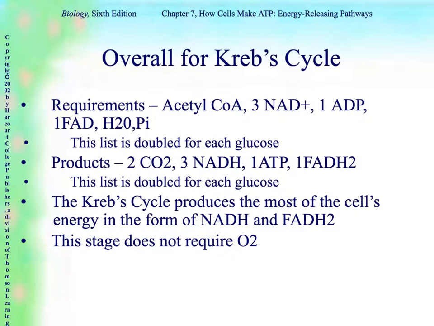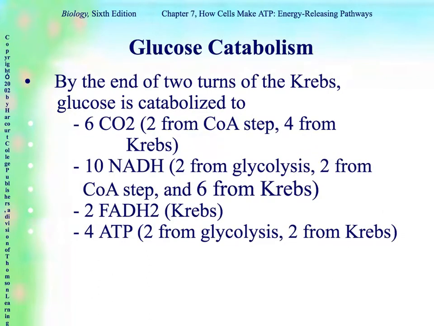And so you can see the Krebs cycle produced a lot of energy, but it was in the form of NADH and FADH2. Notice that in your requirements, this stage did not require oxygen. Okay, so just looking at where we're at right now when we're catabolizing, meaning breaking down glucose,